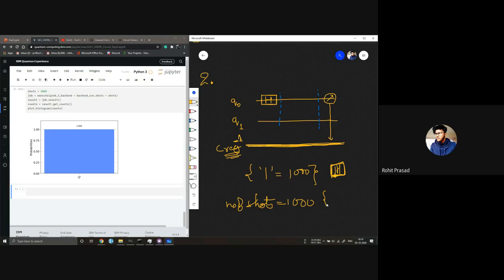Okay, let me give you a clue. You can do this using a CX gate and X gate.